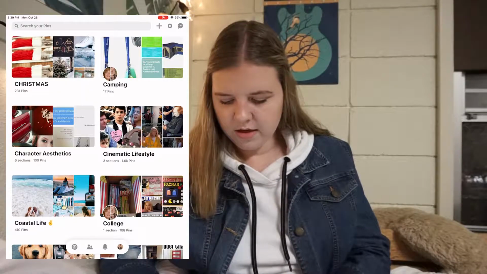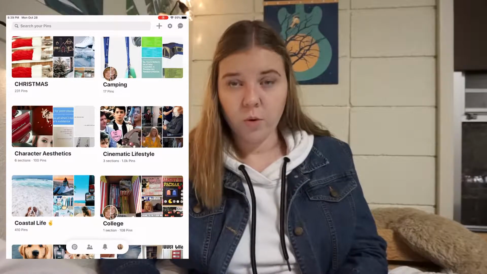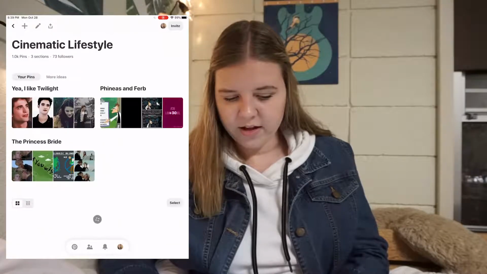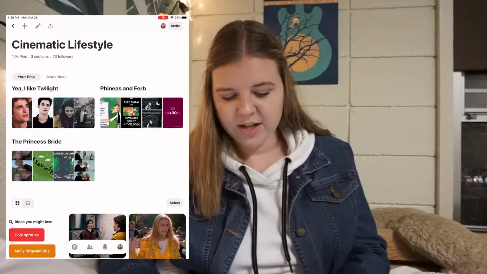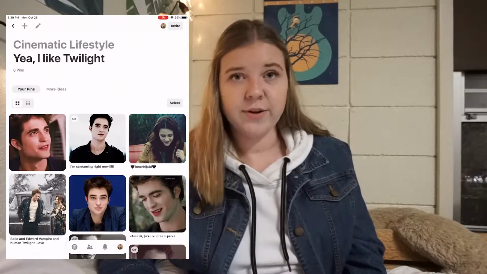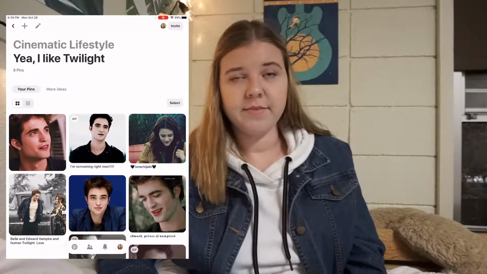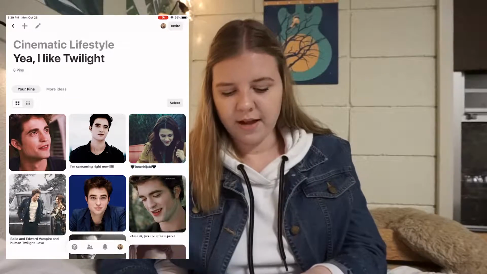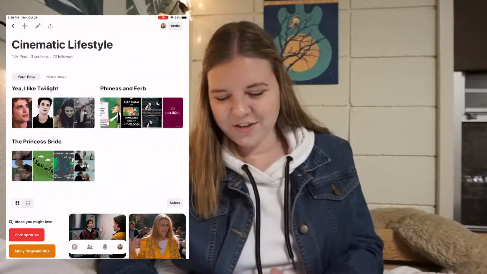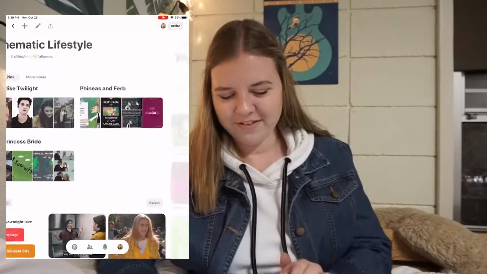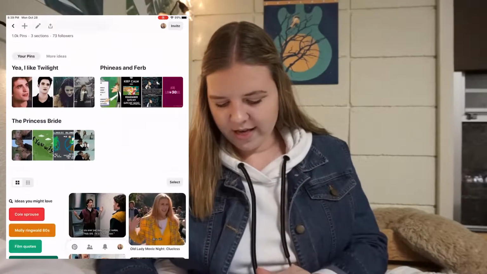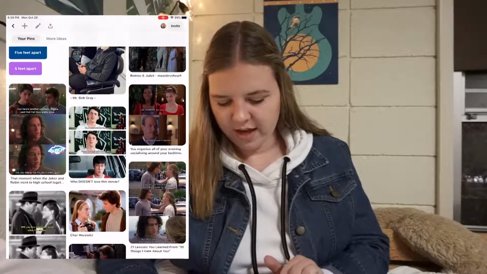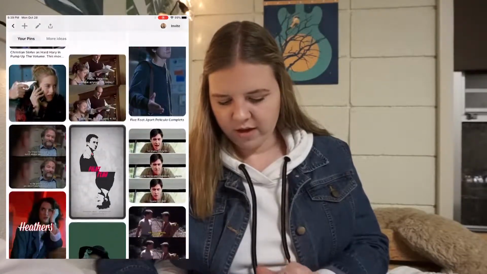This is, I believe, my biggest board. My cinematic lifestyle has 1,000 pins and 3 sections. This one is called Yeah, I Like Twilight because, yeah, I like Twilight. Sorry, not sorry. This one is just for Phineas and Ferb, one of my favorite cartoons ever, and then a huge one for The Princess Bride,